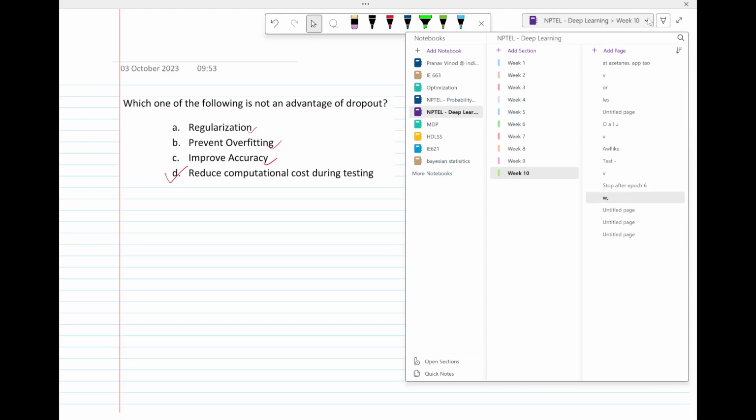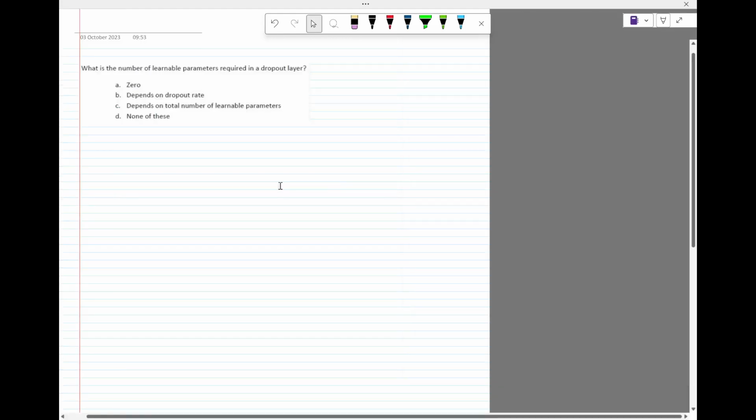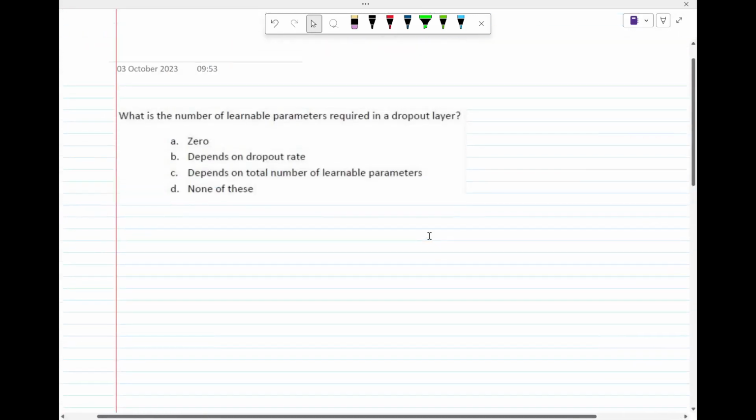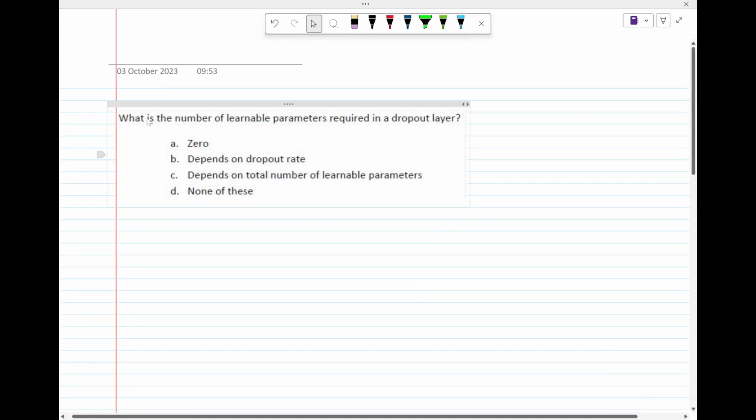Okay. So the next question is, what is the number of learnable parameters required in a dropout layer? A 0, B depends on dropout rate, C depends on the total number of learnable parameters, D none of these. So in the dropout layer, what we are doing is,